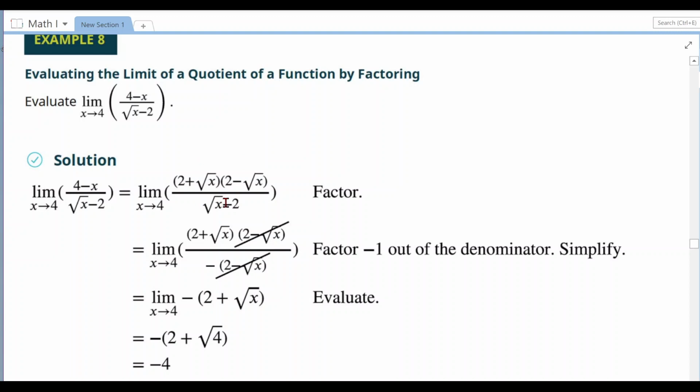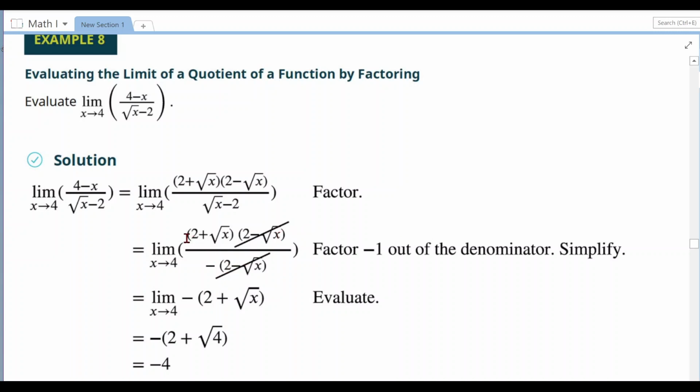And we have square root of x minus 2, which can be rearranged to become negative 2 minus square root of x, and therefore can get cancelled with the numerator on the top. Okay, we can do that because of the similarity. This is 2 minus square root of x, and this is square root of x minus 2, so we can take the minus sign out, so the whole thing becomes the same. So it gets cancelled both on the numerator and denominator.